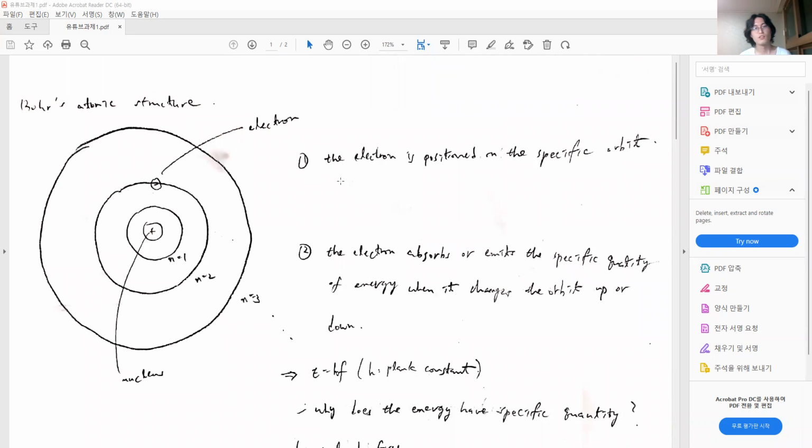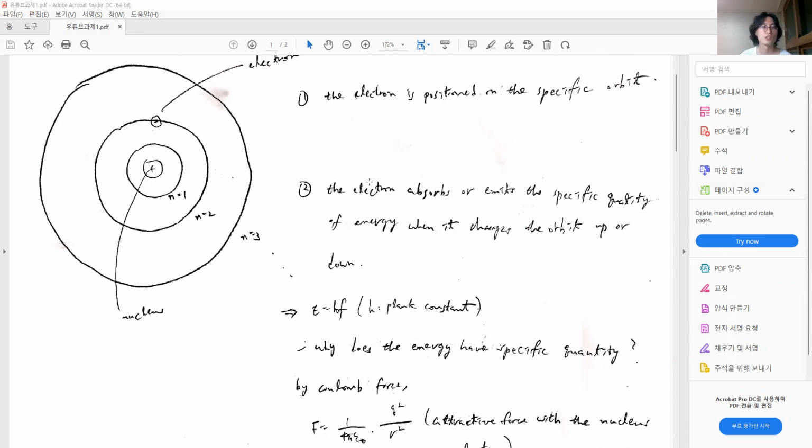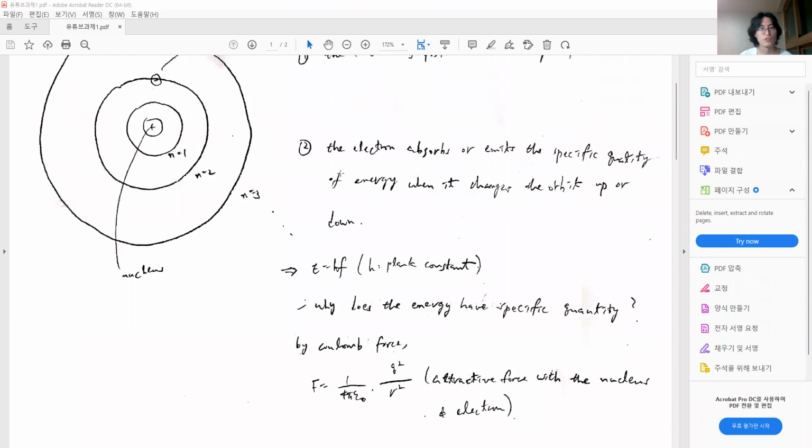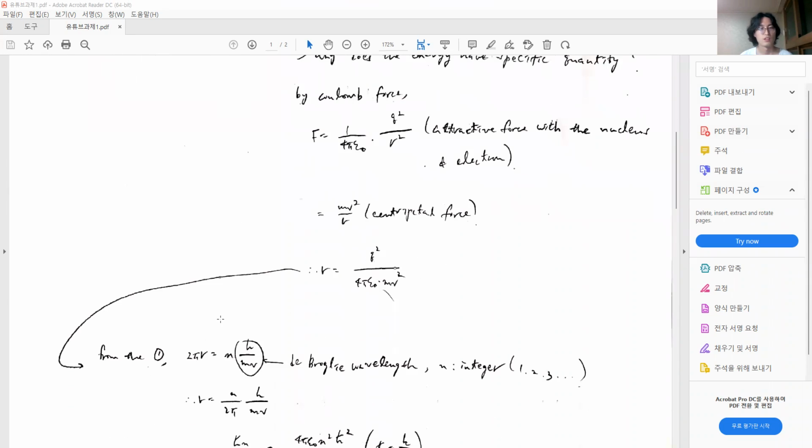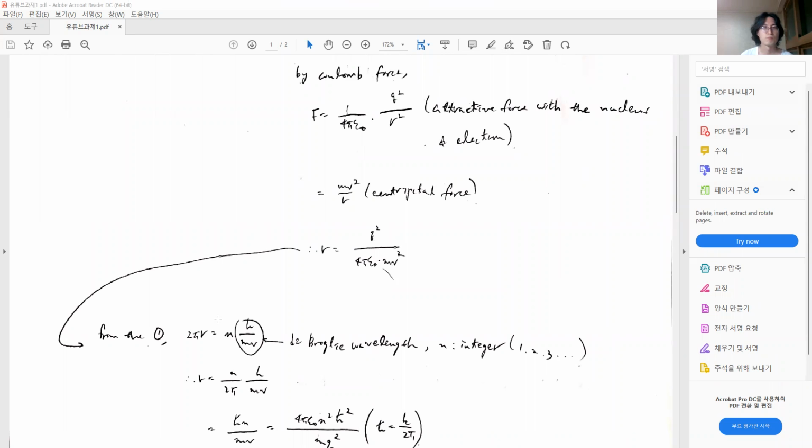Continuing that, for the first condition of the Bohr's atomic structure, there is a specific circumference of the orbit, which is expressed by the formula 2 pi multiplied by radius r, and this equals an integer n multiplied by h over mv, where the h over mv means the de Broglie wavelength,